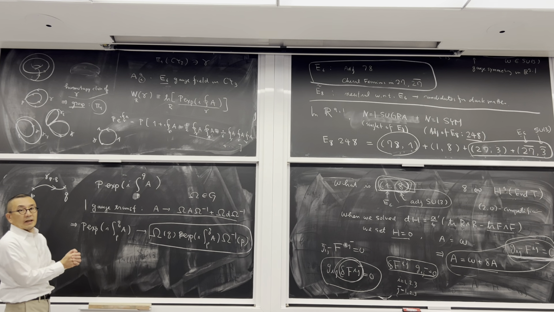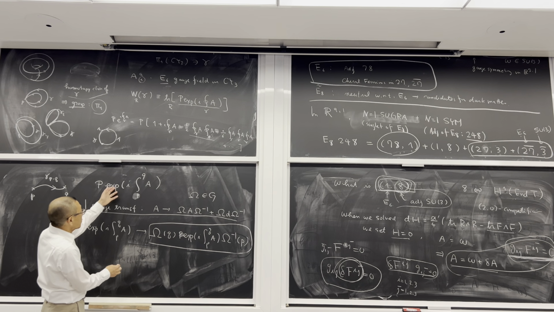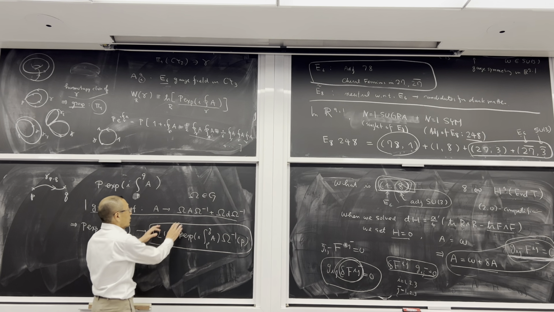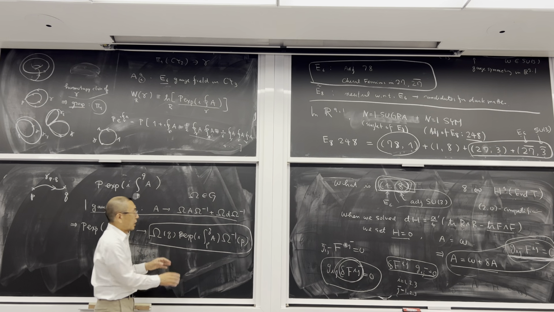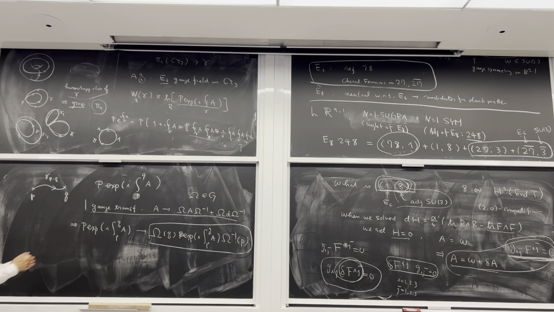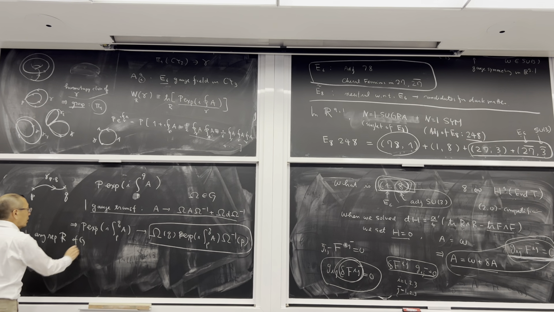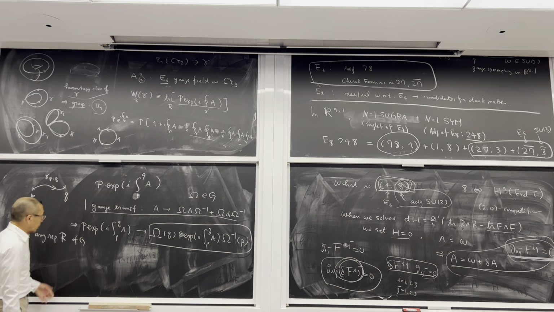So this is gauge covariant. And in general, if you don't do the path ordered exponential, then this gauge group factor gets mixed up and it doesn't transform nicely like that. But if you do the path ordered exponential, it gives rise to this. So then pick any representation, let's call that R of G, and evaluate this path ordered exponential. So this is an element of the gauge group G. So you can evaluate that in any representation and take the trace in that representation.